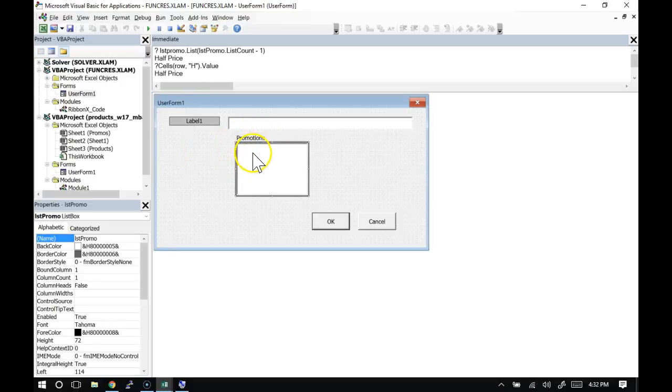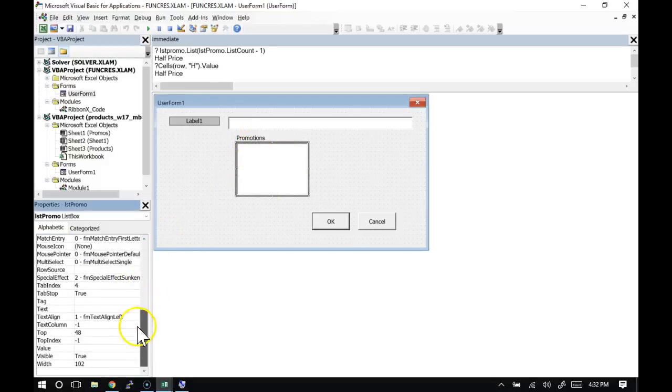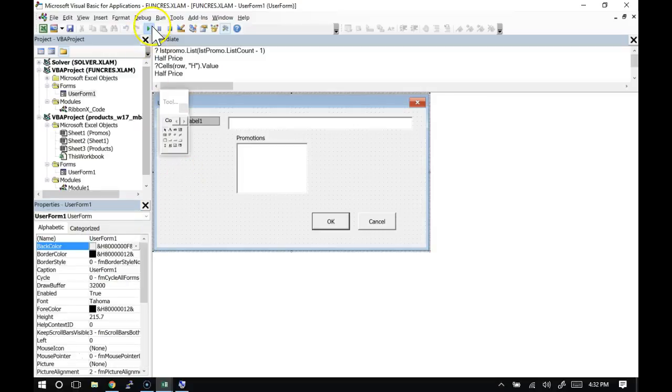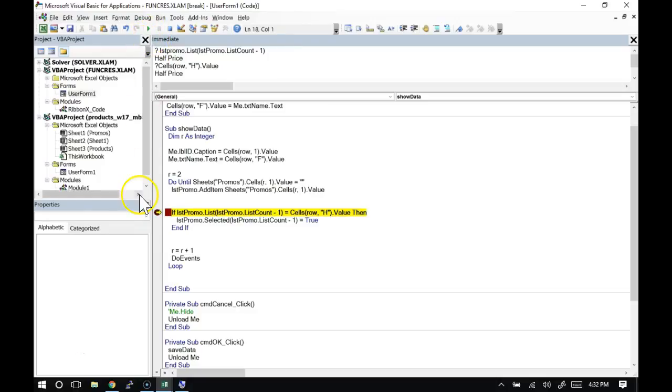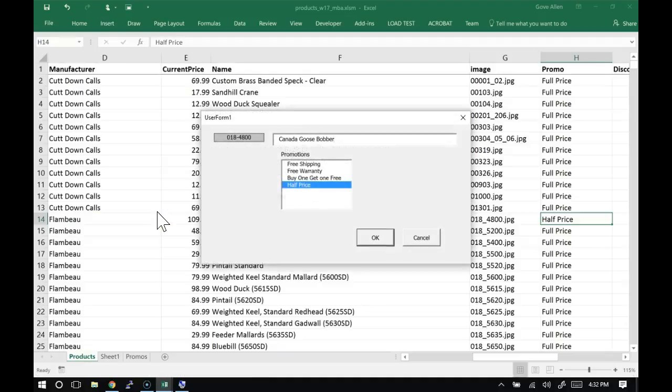So I'm going to change this to multi-select. So I've got my list box selected. I'm going to come find the property called multi-select and change it to 2. 1 or 2 will be fine. Let's try that again. Take that breakpoint off and just run. There we go. So before we can use that list or that selected property, we have to be in